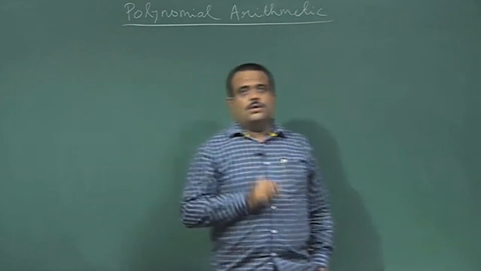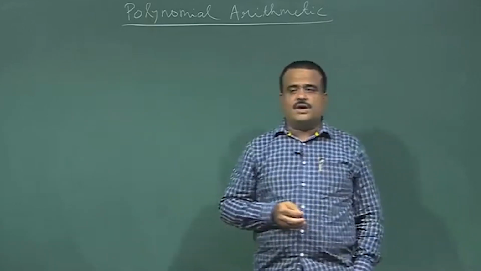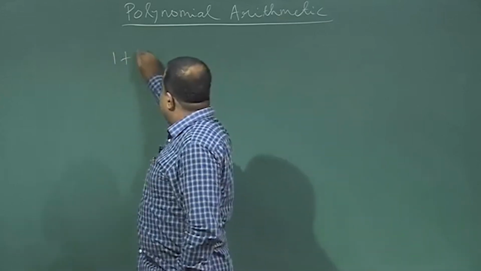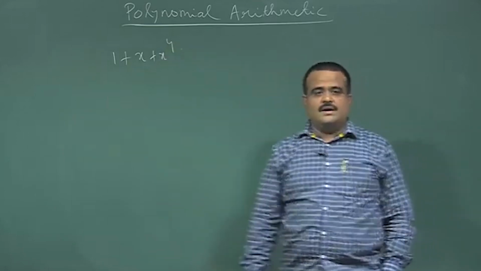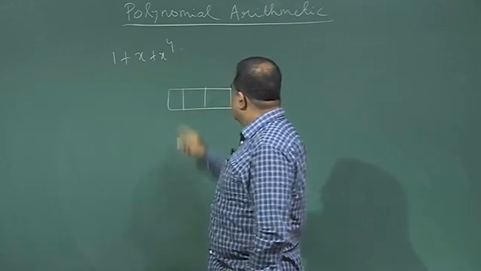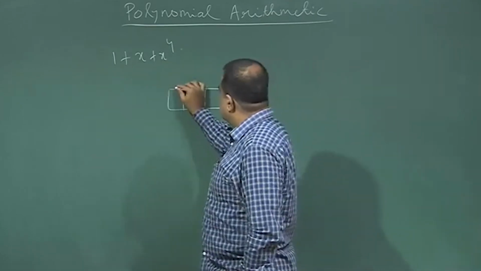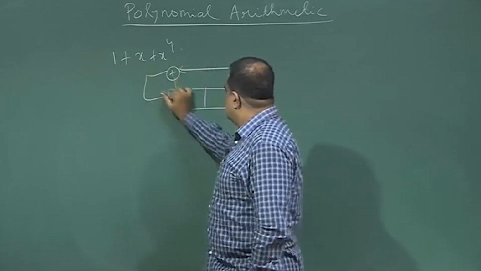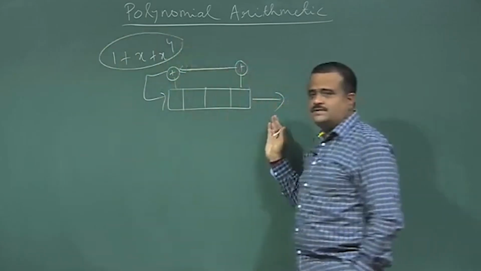Okay, so we talk about polynomial arithmetic. We have seen for LFSR we have used something called a primitive polynomial like 1 plus x to the power 4. So this type of polynomial we have seen in the LFSR, a 4-bit LFSR. Every LFSR is associated with a polynomial. So this polynomial is basically we have a connection over here and we have a connection over here. So this is the LFSR corresponding to this polynomial, and we have seen this LFSR is a good LFSR,